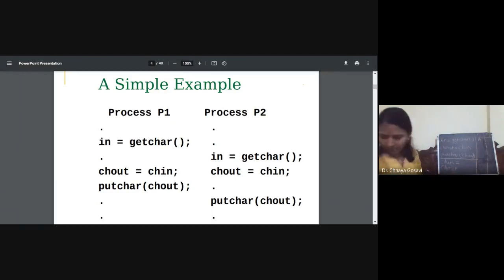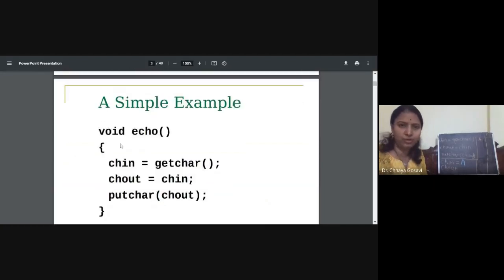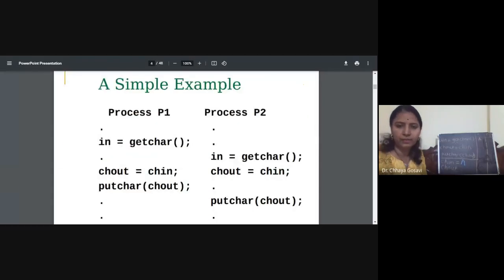Now process P1 entered A in chin, and there is some task that the process is waiting for, and at the same time process P2 enters this code and executes this line, chin = getchar. It is executing the same line.